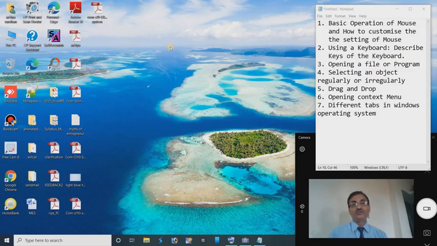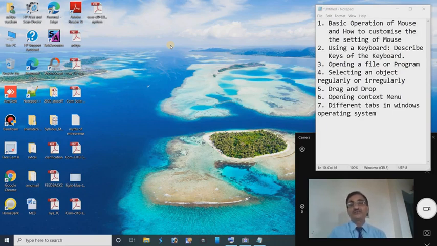The mouse pointer is moving now onto the screen, onto the desktop. It moves on the screen by moving the mouse on the mouse pad. If you move the mouse on the mouse pad, the pointer will move to the left side, and correspondingly to the different sides.